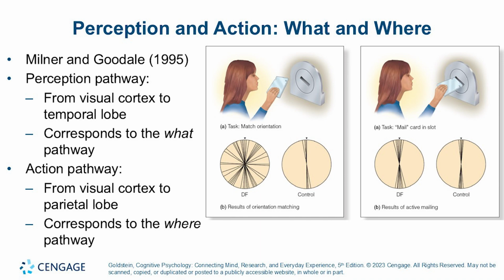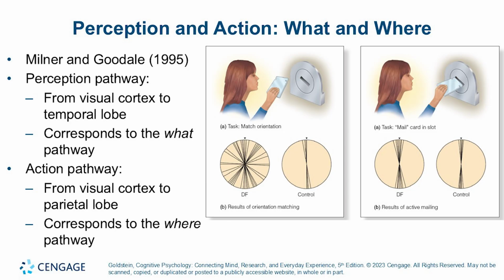On the other hand, when the task was changed from just positioning the card and matching its orientation to actually putting it through a slot, and this is the example shown on the right side, we can see that suddenly DF became almost as good as the healthy controls, and it took her very few tries to do this. And this is because she was now using the where, or the action pathway, that goes through her parietal lobe that wasn't impacted by her injury, and therefore she didn't experience any difficulties in this more action-based task,